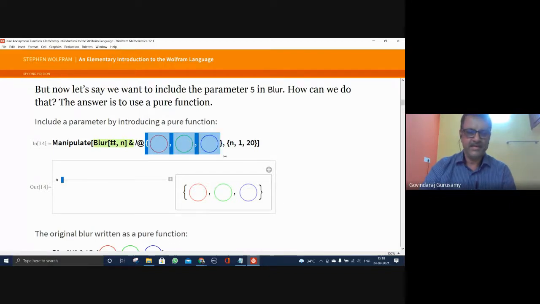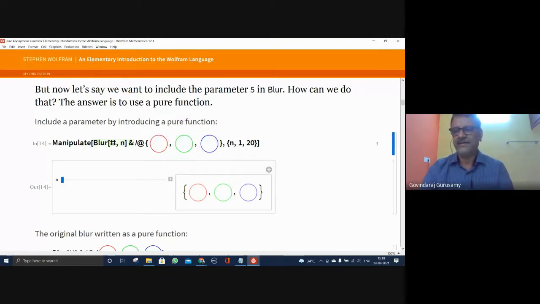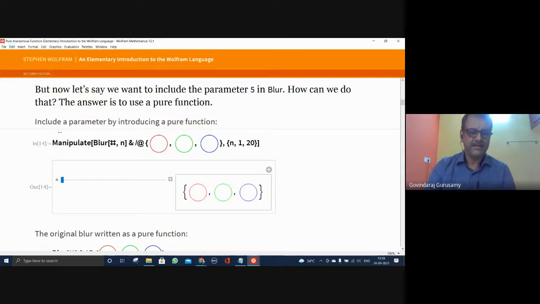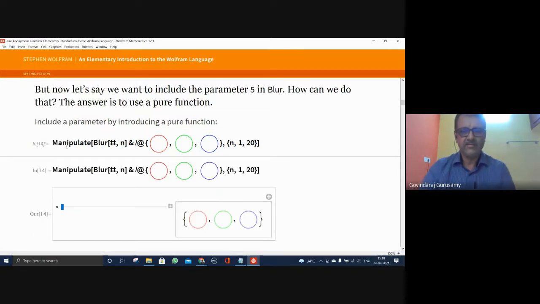As I said, it's not necessary to have the at. Okay. So let me explain to you now. Edit, copy, go back. I don't have to use the View function because I'm going to use only one element. Blur on this, the hash, the list, which is supposed to be selected.